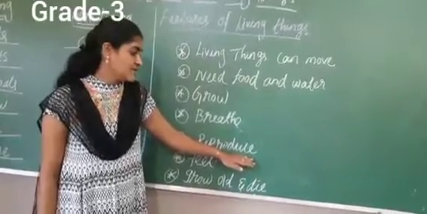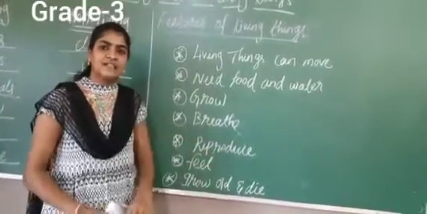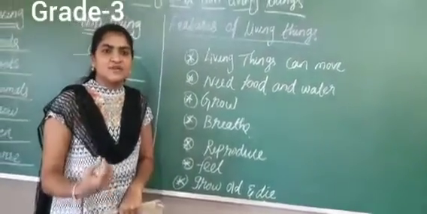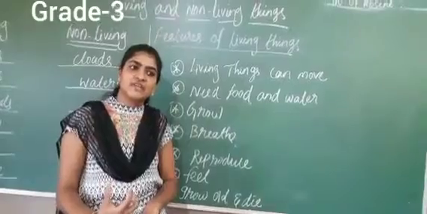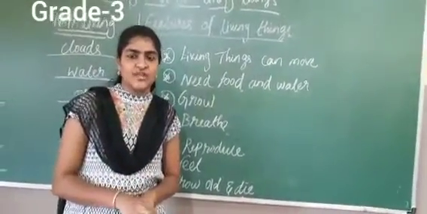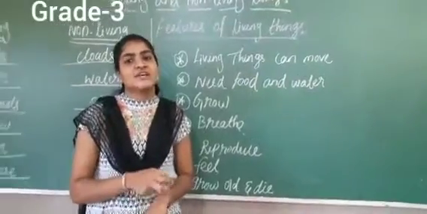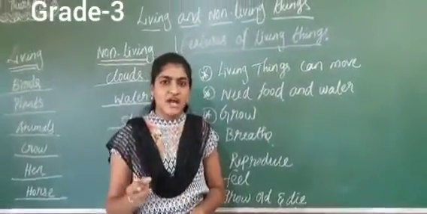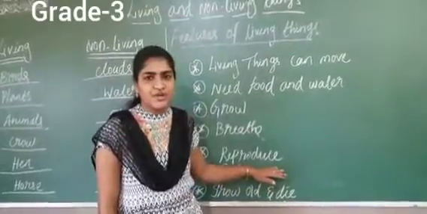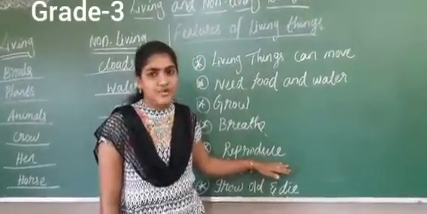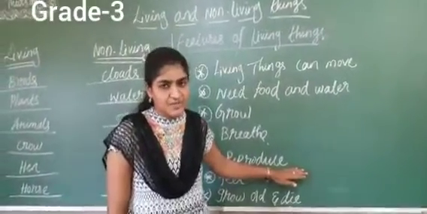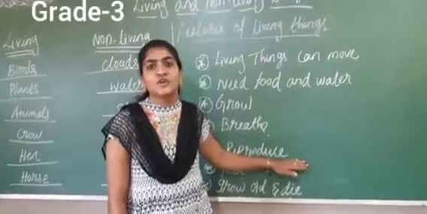Now I am going to explain from the plants. Even plants grow from seeds, and also from the stem part. For example, take sugar cane. We can cut the stem part and bury it in the soil. After a few days, you can see a new sugar cane plant start growing. So that also comes under the category of reproduction. Living things can reproduce. Plants reproduce, and animals also reproduce. But non-living things won't reproduce.